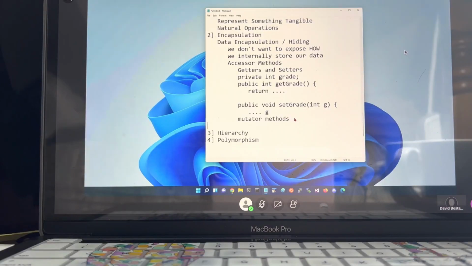In some modern pieces of Java, you may also see a property called grade referred to simply as grade equals something. Or I might have some external way of getting something from a property which is called grade.